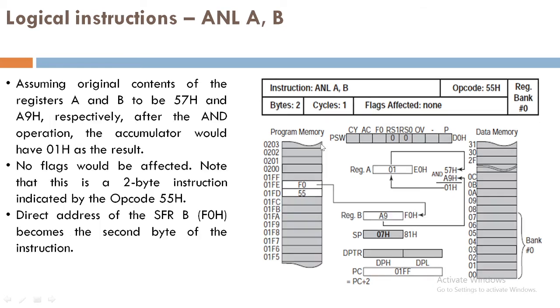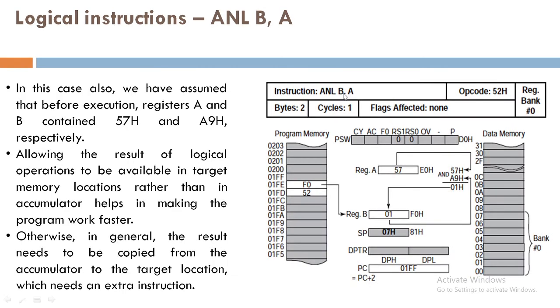Fine. So when you see this, you have to look into the destination and the source. Here we have D comma S, that is the destination comma the source. Similarly, here we again have destination comma source. So the source is the accumulator and the destination is register B. By default, if we use this particular instruction, the initial value of register B gets ANDed with the content of register A, but now the register A content is not getting overwritten; rather the content of register B gets overwritten.